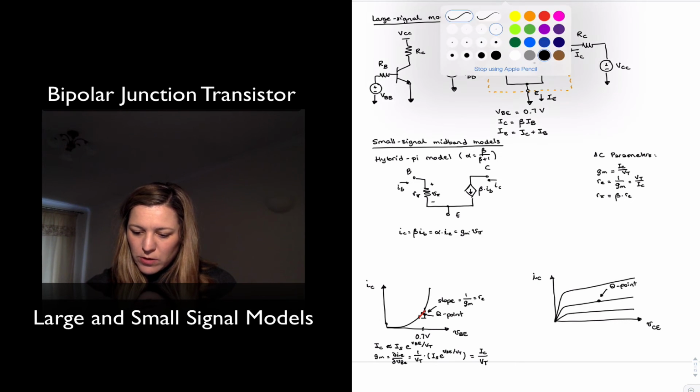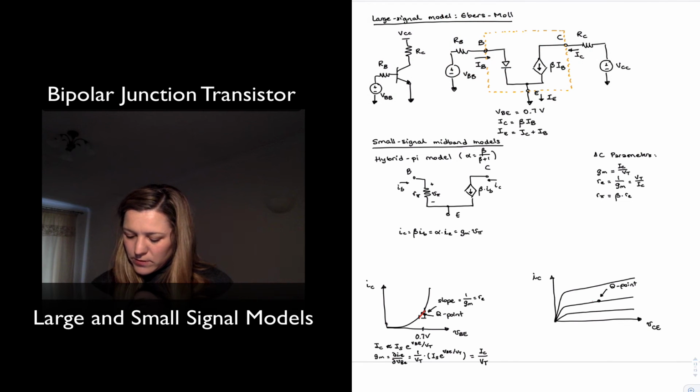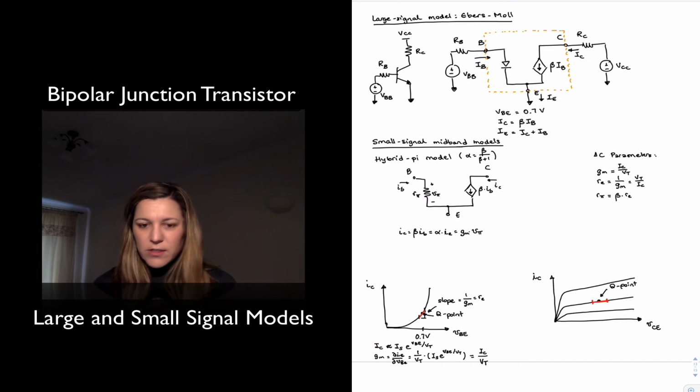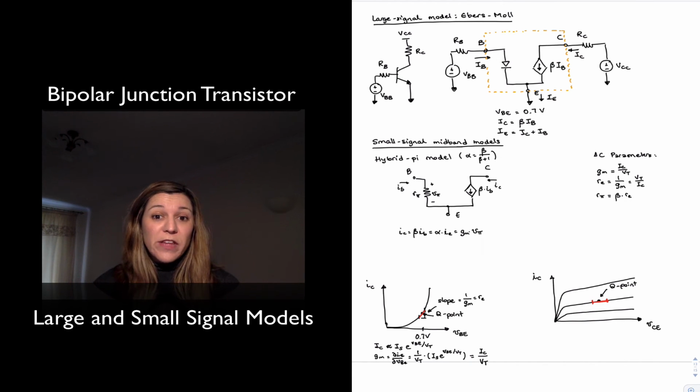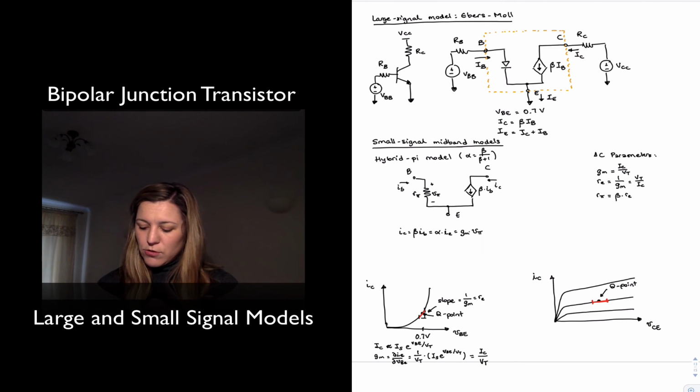And now my small signal variation around that Q point is actually going to have a slope to it. And we call the inverse of that slope the output resistance of the current source. Why the inverse of that slope? Well, resistance has units of voltage over current, and you can see that this is actually output current over output voltage. So current over voltage